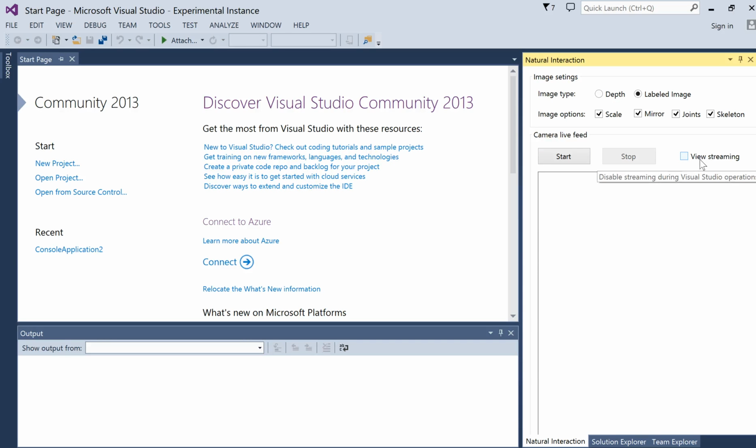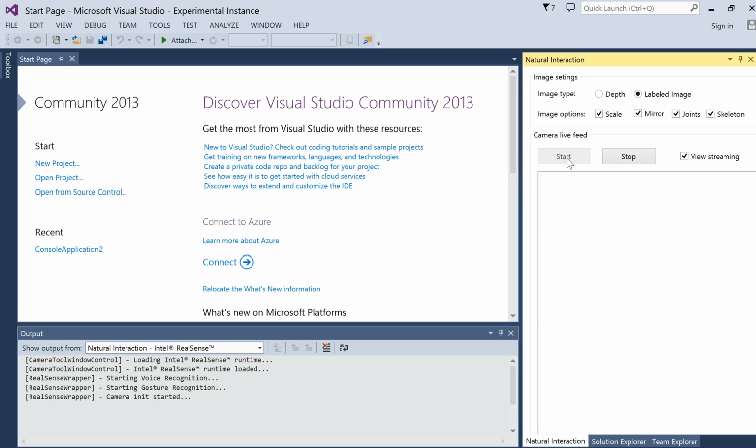Here we also have a checkbox for disabling the streaming, or for disabling the showing of the streaming, to be more exact, because I noticed that when the pictures from the streaming are streamed and I open a project, Visual Studio freezes. So that's why I've disabled this one. But at first I will enable it and start the